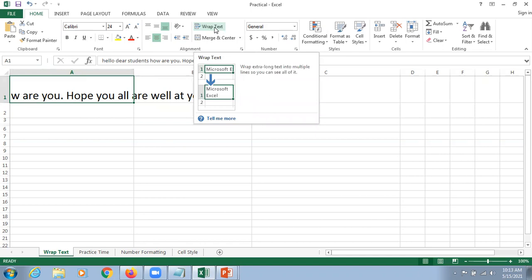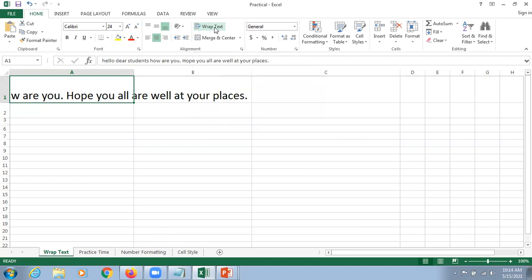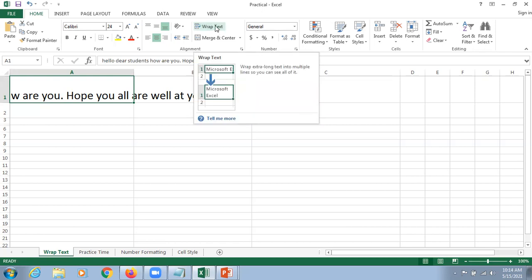It is a very interesting feature of Word, Excel and PPT that whenever we take the pointer towards an option, it gives the description of the same. It says wrap extra long text into multiple lines so you can see all of it. This is very important, that we can understand these different options.